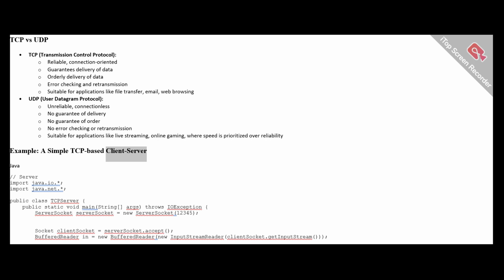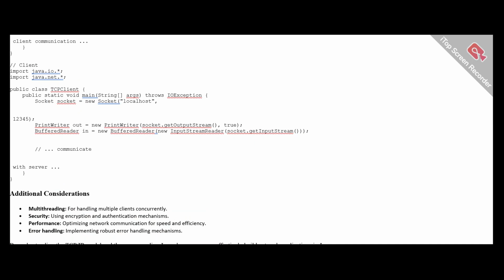Example, a simple TCP-based client-server. Java. // Server. import java.io.*; import java.net.*; public class TCPServer { public static void main(String[] args) throws IOException { ServerSocket serverSocket = new ServerSocket(12345); Socket clientSocket = serverSocket.accept(); BufferedReader in = new BufferedReader(new InputStreamReader(clientSocket.getInputStream())); PrintWriter out = new PrintWriter(clientSocket.getOutputStream(), true); // handle client communication